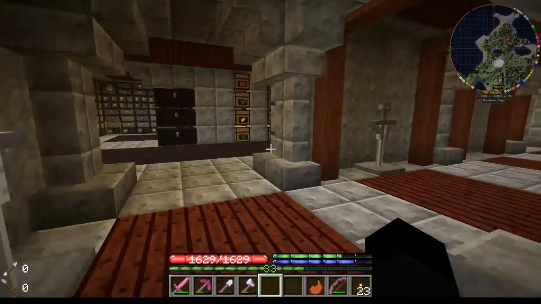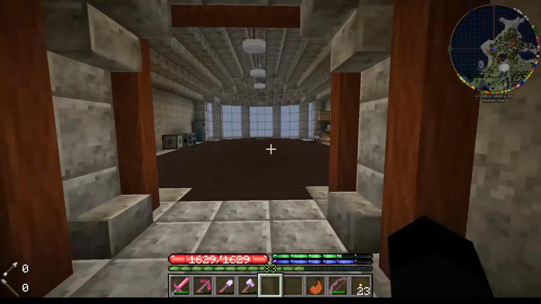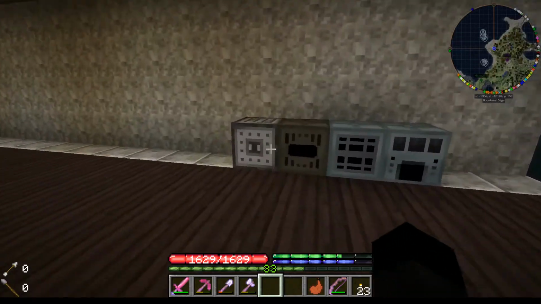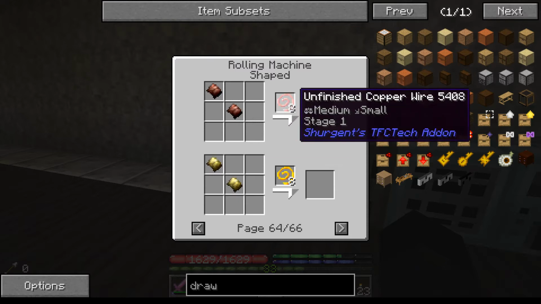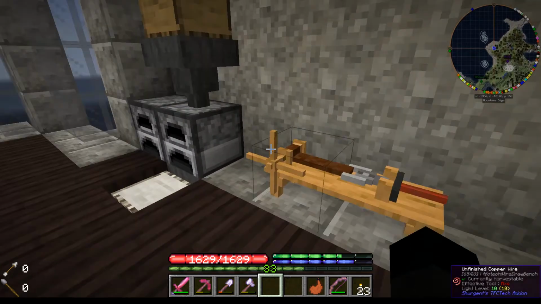But before we do that, I did the wire. I went and I resmelted the various fragments of copper I'd got, and I did the rolling machine recipe for wire, and then I just ran that through here. It's still painful, especially on the ears with the sound that this thing makes,